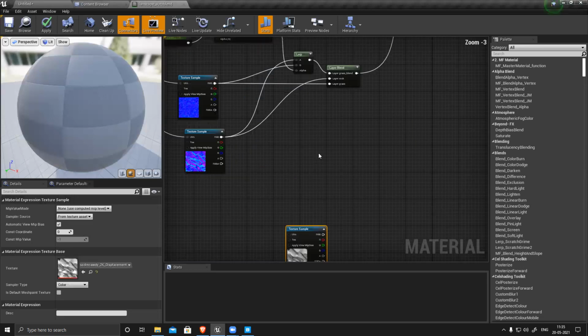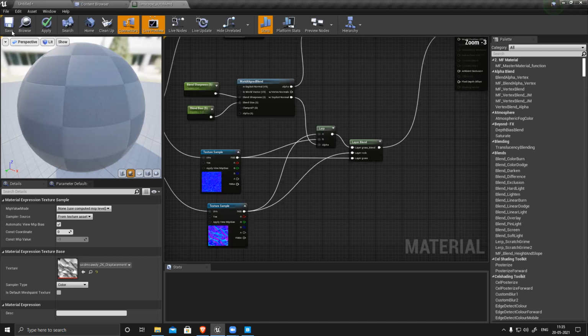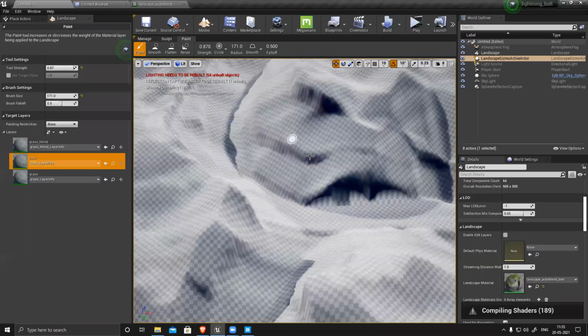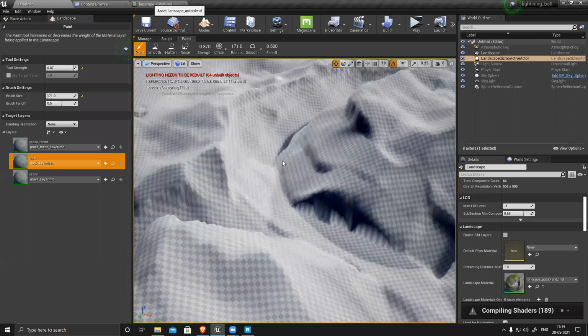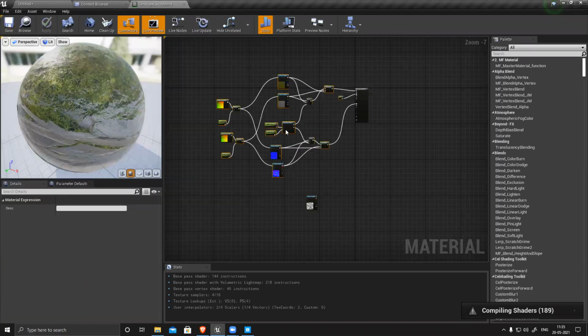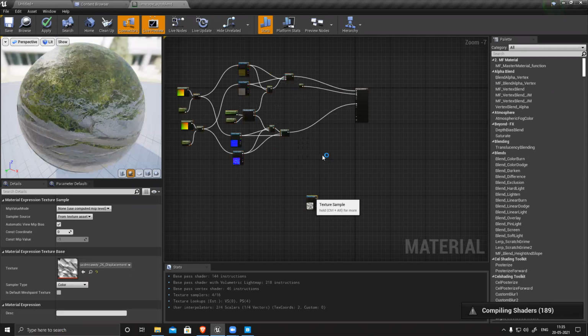So now the setting is correct. It's still complete. So now I'll just connect displacement to this. So I have this displacement.